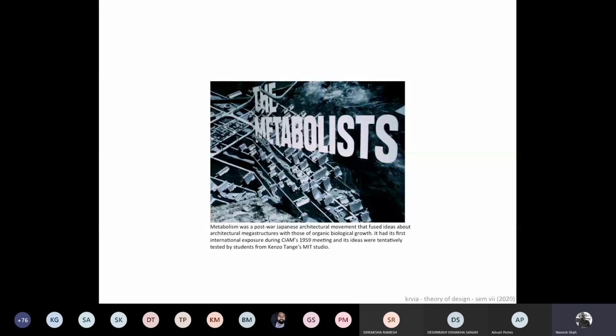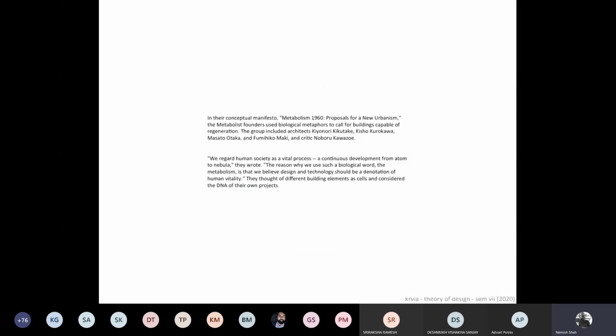And this is reflected again in other movements across the world, in Team 10 or Archigram also, which were happening at the same time. But the metabolists were so strongly influenced by these biological metaphors that all their buildings were based on these ideas, and this is their famous